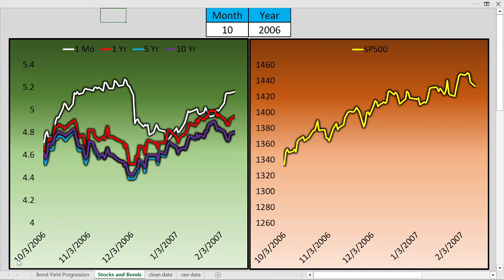Now these charts move from October 06 through February 07. But as we progress forward in time, we'll see how these charts do change. So again, focusing on number one, the 1 month bill, the white line. As we see November,